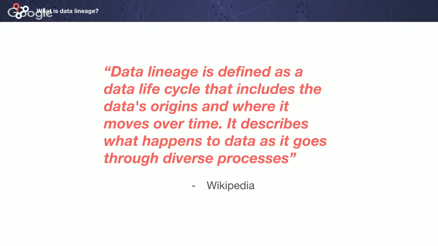Today, as I mentioned, we are going to talk about data lineage. Data lineage is defined as a data life cycle that includes the data's origin and where it moves over time. It describes what happens to data as it goes through diverse processes. So it's very simple. It's where the data comes from, where it goes, and in a highly organized organization, it can be very simple, very